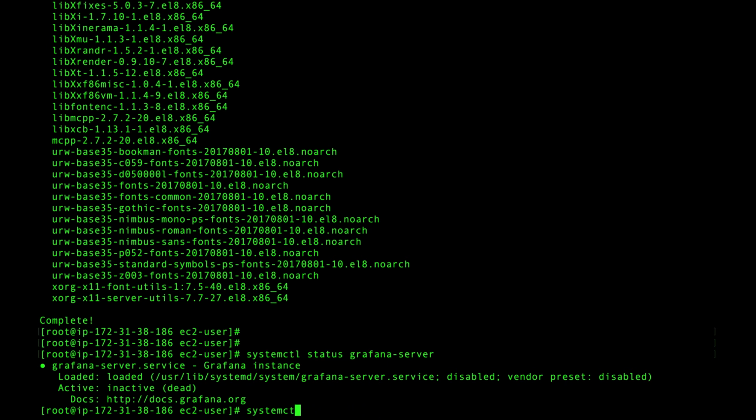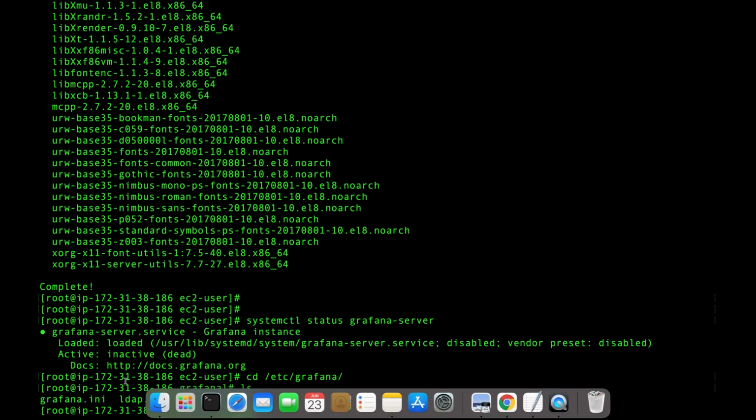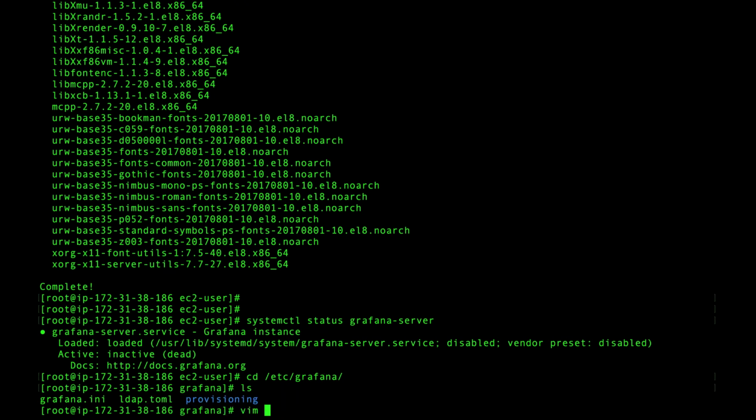So I will go into the Grafana folder, and you can see there is the grafana.ini file. So we'll access this file, grafana.ini.